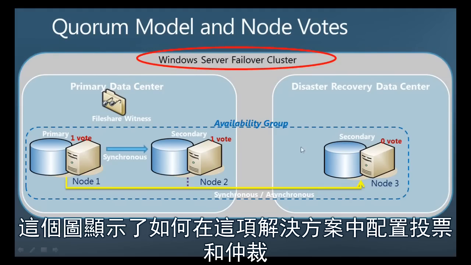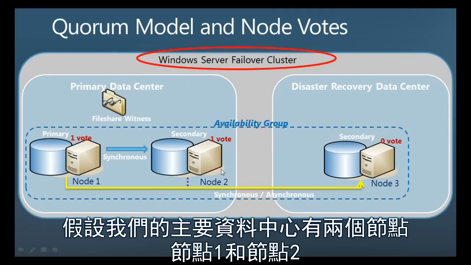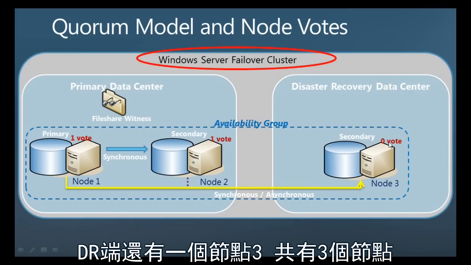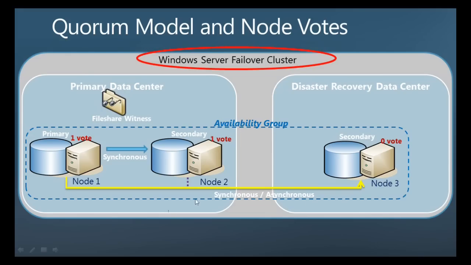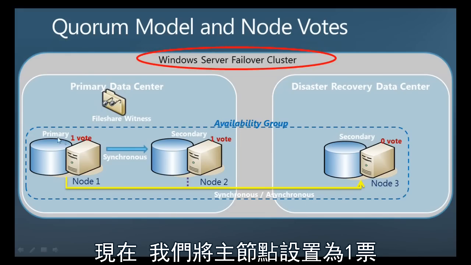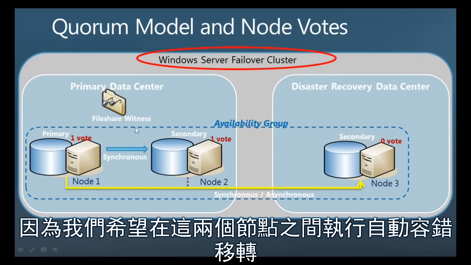Okay, so here is the diagram of how you're going to configure the votes and the quorum in this solution. Let's assume in the primary data center we have two nodes, node 1 and node 2. In the DR side we have node 3, so there are 3 nodes in total. Now we give the primary node 1 vote, and we give secondary 1 vote because we want to have automatic